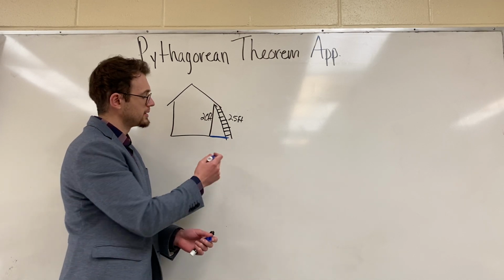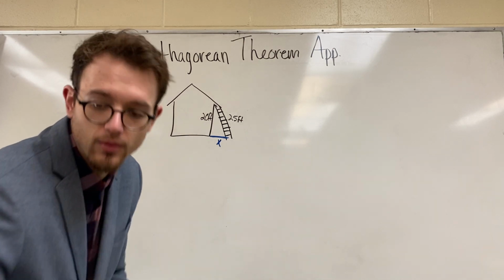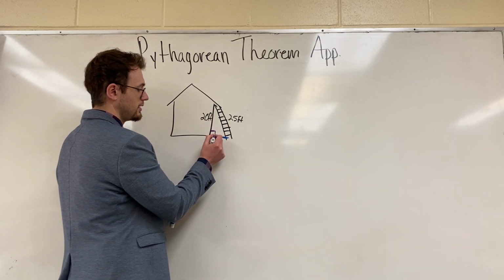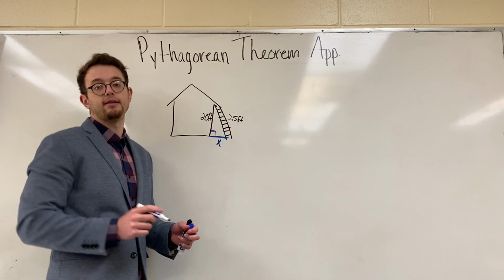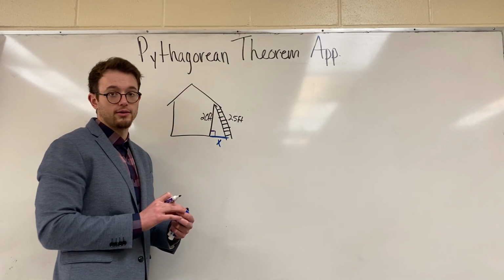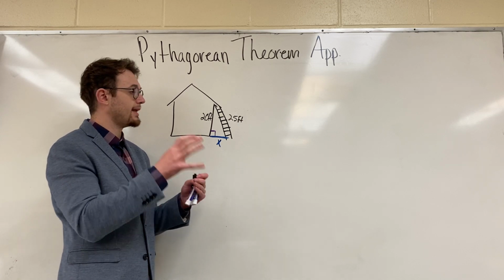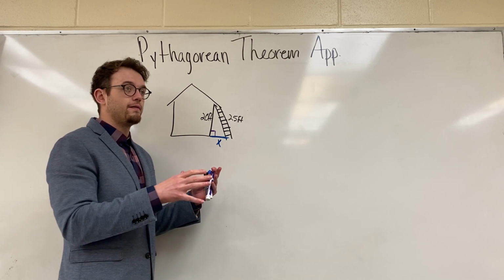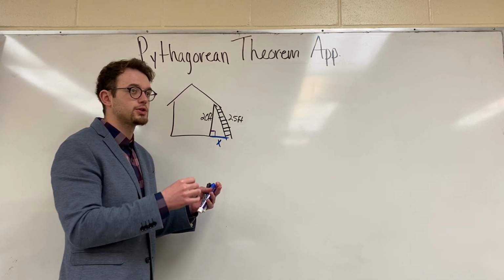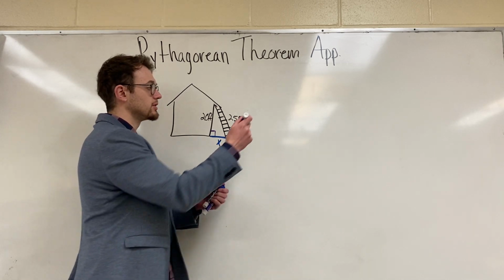So we don't know what this distance is. I am going to draw in where our right angle would be, and that would be right here. Assuming your house is not like the Leaning Tower of Pisa and is going to fall over eventually. Hopefully it's perpendicular to the ground. That's the goal. All right. So now we have to figure out, hopefully everybody can remember from the last video I made, which are the legs and which is the hypotenuse. Well, I already talked about this: over here is the hypotenuse,